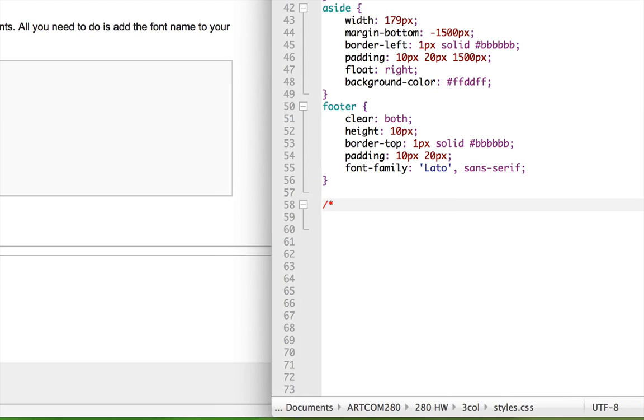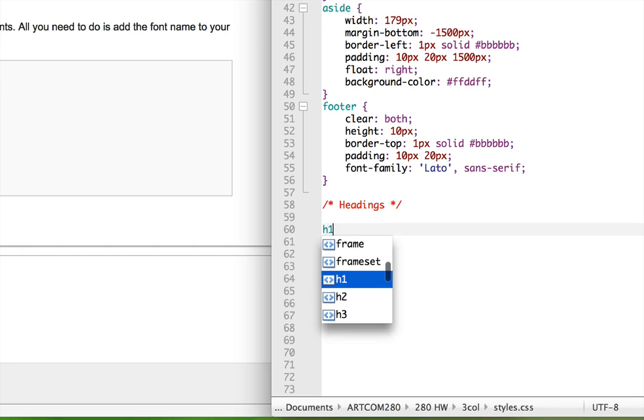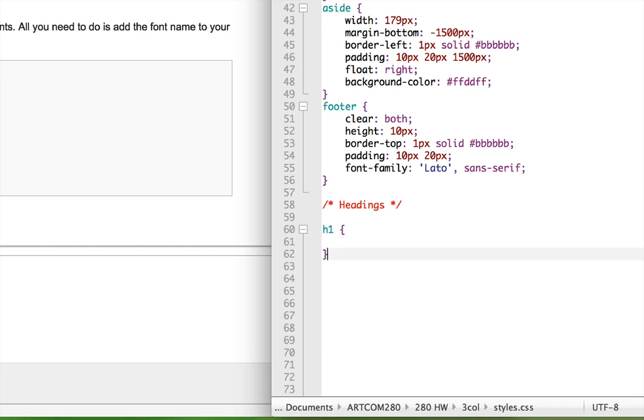You make a comment in CSS by putting a /* and then a */ and everything in between is a comment, and it will not affect the code. So I'm just going to announce, here are my headings. So that's a way to keep it organized. So I'm going to say H1 gets a style, H2 is going to get a style, and H3 is going